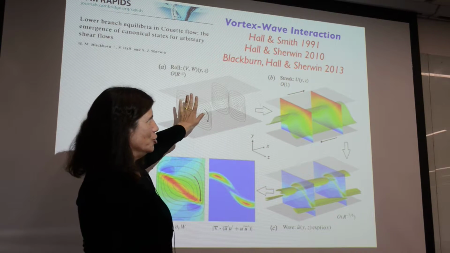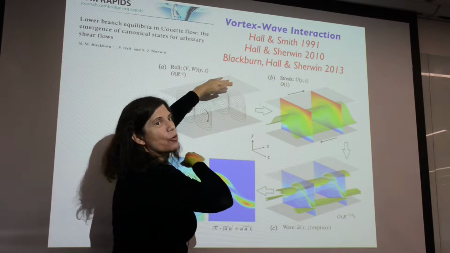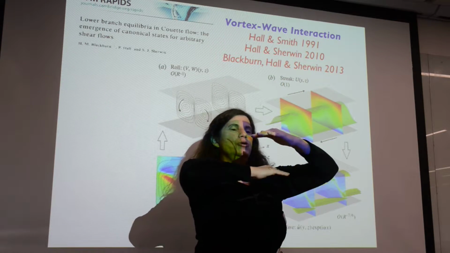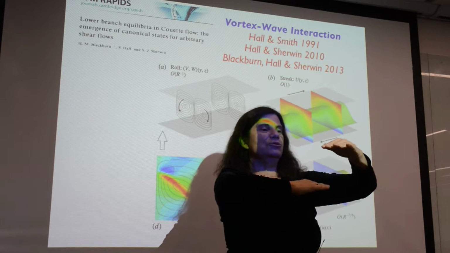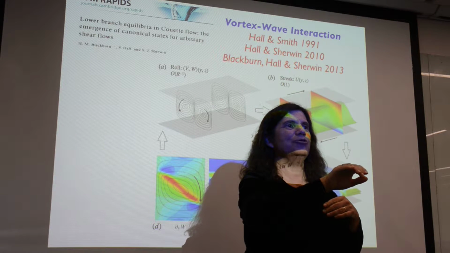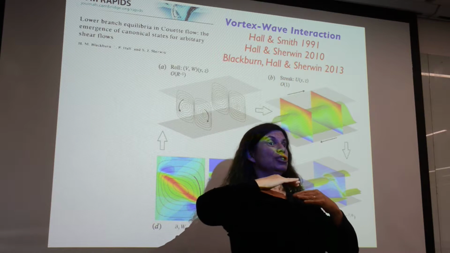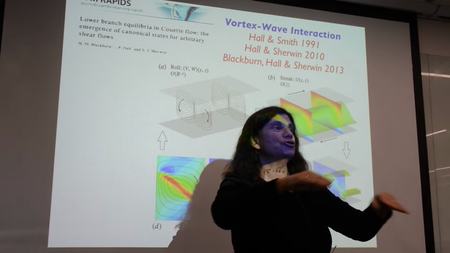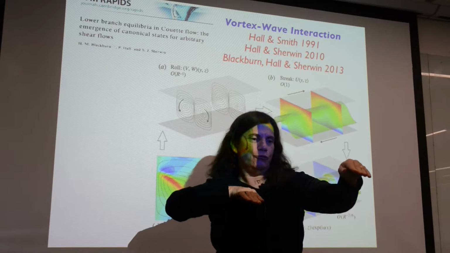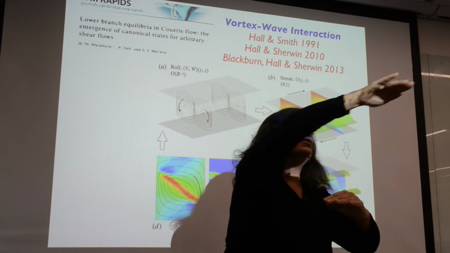Here, there's no temperature, but the equivalent here is the flow in the streamwise direction. So you could look at the plane Couette flow in the same way, where you have these two plates, and this is your streamwise direction. This is moving this way, this is moving this way, at this speed, at this zero speed, a little negative, more negative, until I get to the top plate. If you looked at contours of streamwise velocity, you would see straight lines. Similarly, if you had rolls, that's going to bring the fluid that's moving this way up, and the fluid that's near the top, that's moving this way, down.